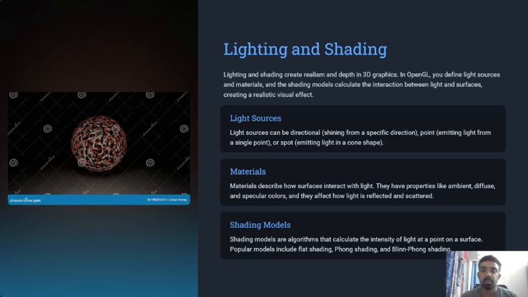Materials describe how surfaces interact with the light. They have properties like ambient, diffuse, or specular colors. They affect how light is reflected or scattered. Shading models are the algorithms that calculate the intensity of the light at a point on the surface. Popular models include flat shading, Phong shading, and the